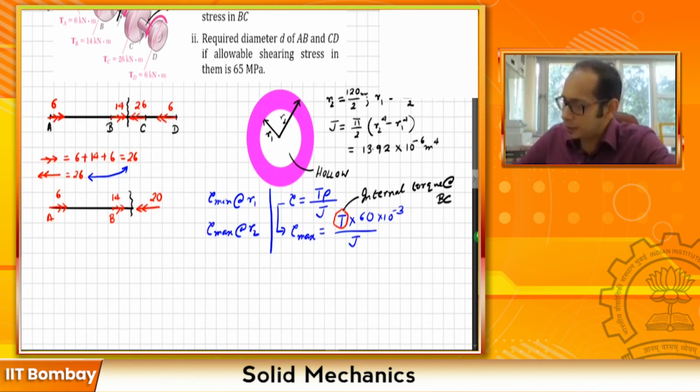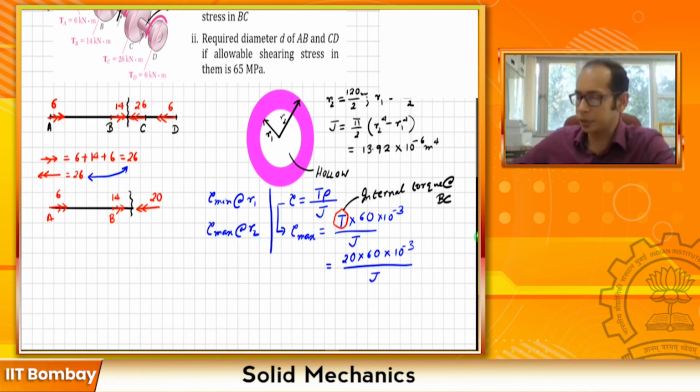So this tau max is simply going to be equal to 20 times 60 times 10 raised to minus 3 divided by the J, which we just calculated. If you substitute all these numbers, and I have this calculated here, we are going to get our tau max. You can put it in your calculator. You will get 86.2 MPa,